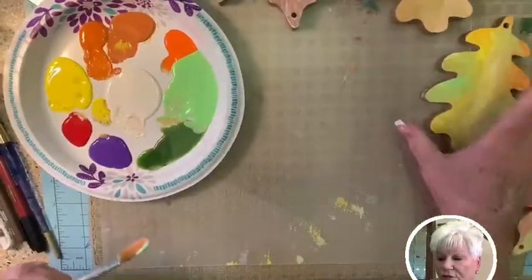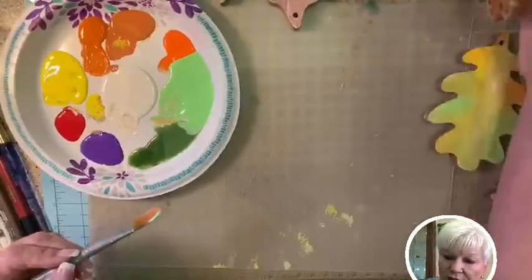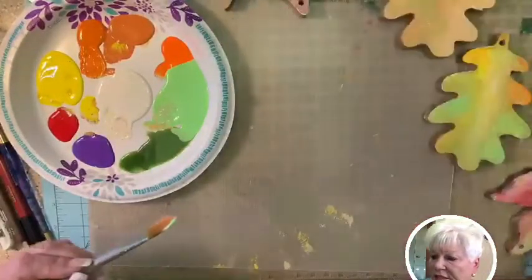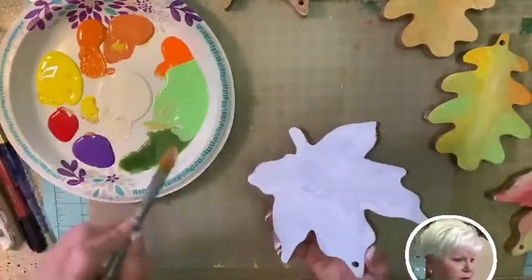Let me see if I can do any more of these. No, that was wet. I put my hand right in it. This one is done, and